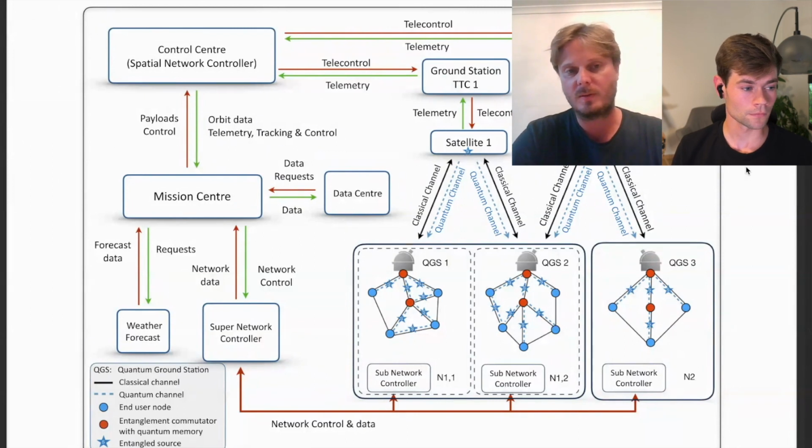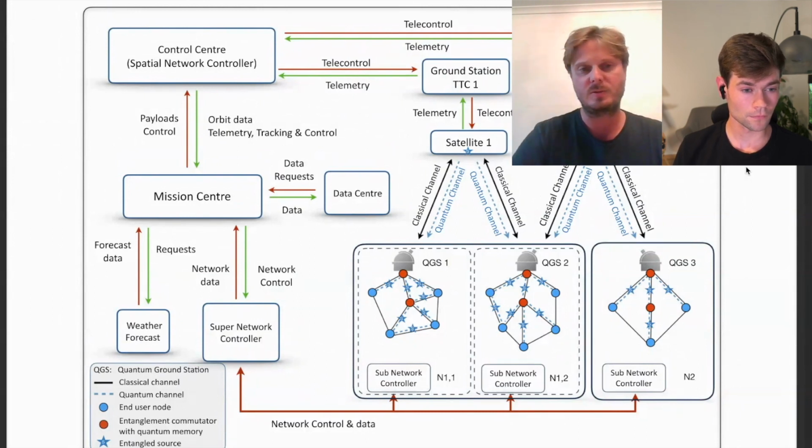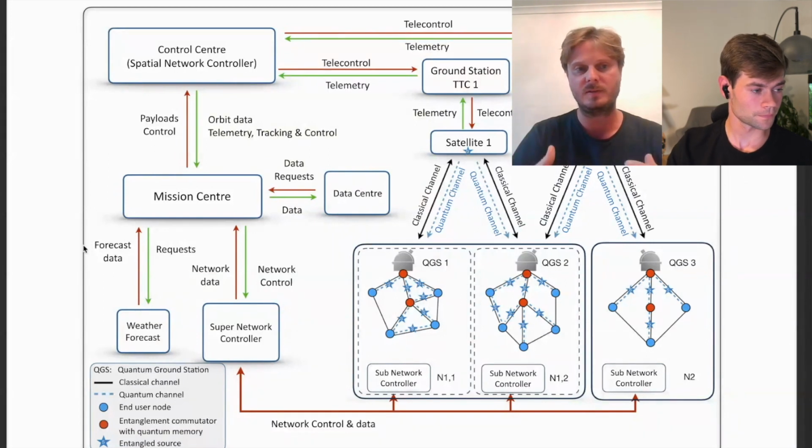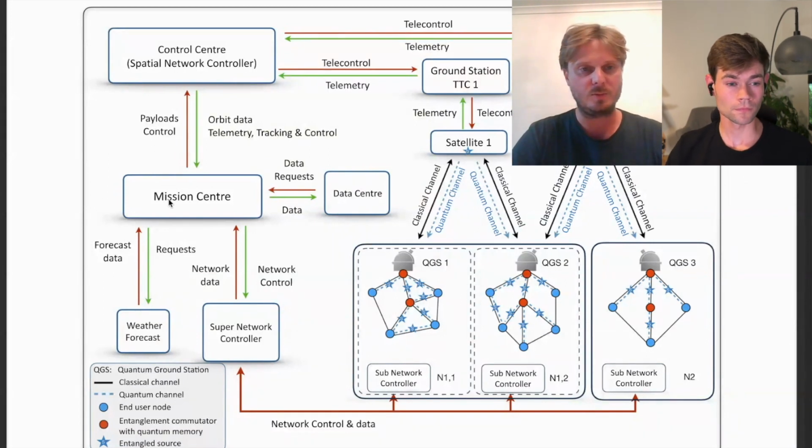And so this is very generic: we speak about the space segment for the satellite, the control segment for the control center, and the ground telecommand and telecontrol stations. And the control center receives all the mission instructions from the mission center. So the mission center is all the intelligence to control all the people. In fact, this is like the brain.